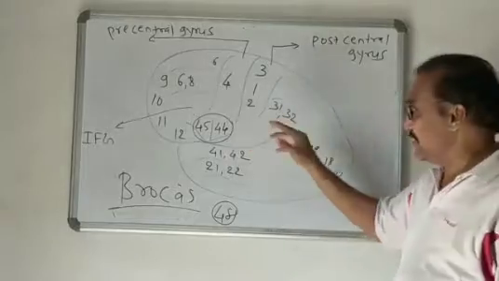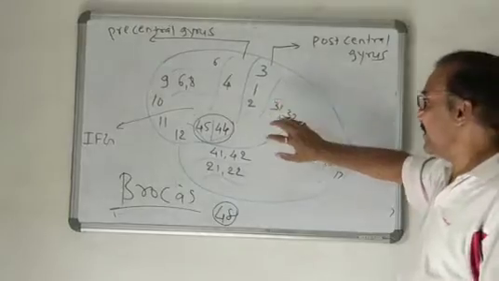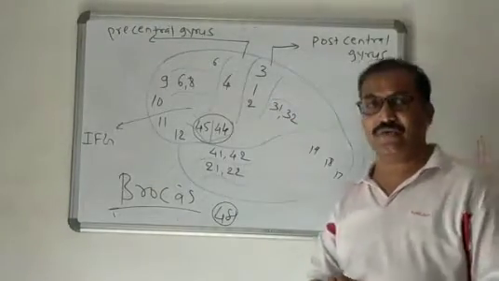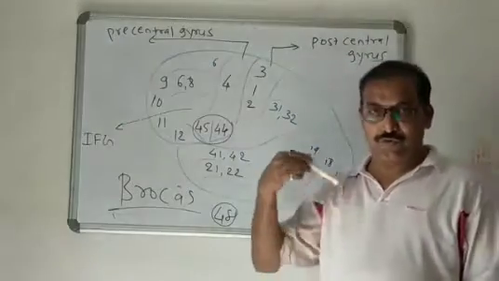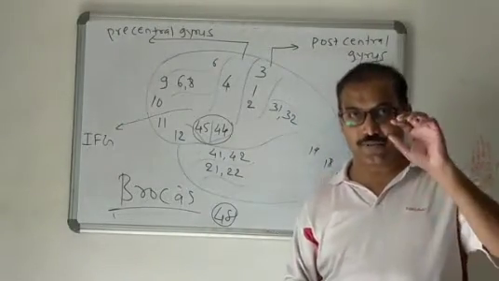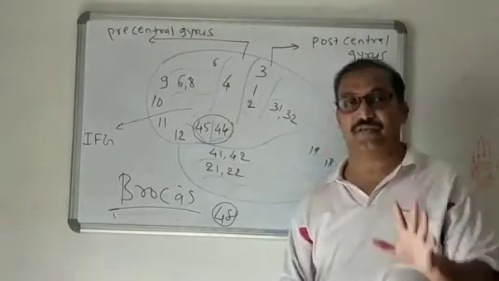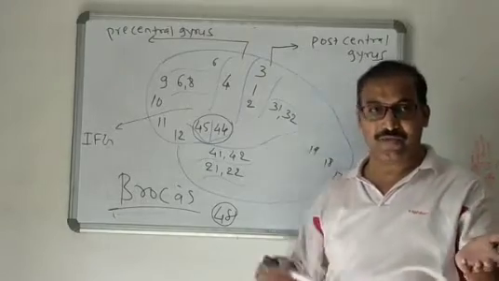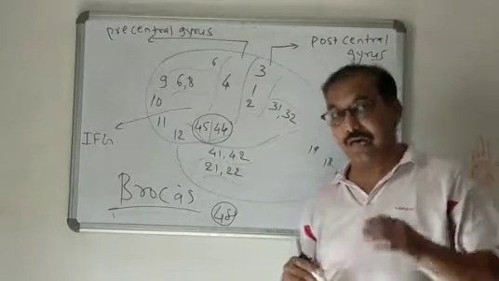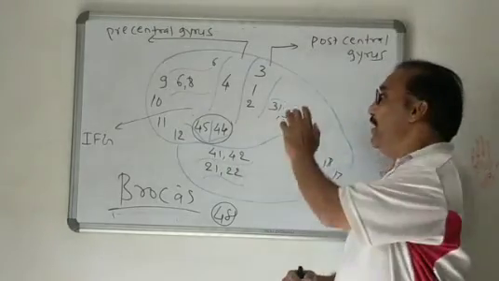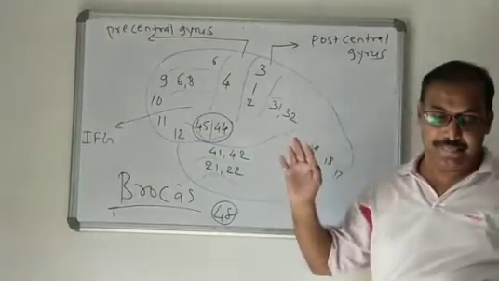Where is it present? It is present in the parietal lobe. The angular gyrus is there. In that gyrus the area is present, that is 31, 32. This is Wernicke's area. This is the sensory speech area. Whatever I am telling you, if you understand it, it is because your sensory speech area is functional. I am talking, my motor speech area is working, area number 44, 45 Broca's. You understand what I say because your area number 31 and 32 is working, because it is the sensory speech area. Understand?